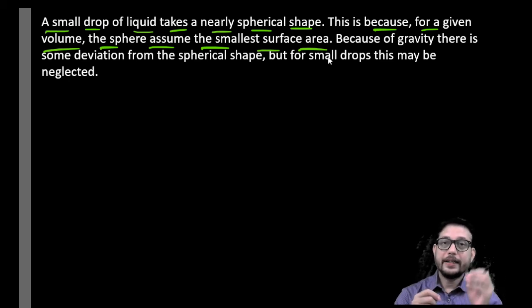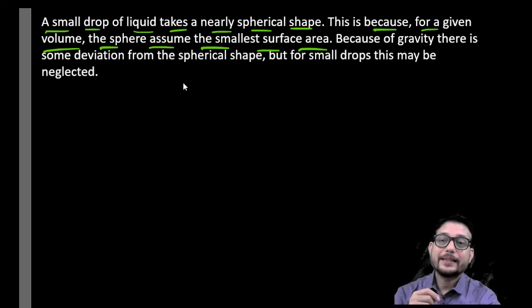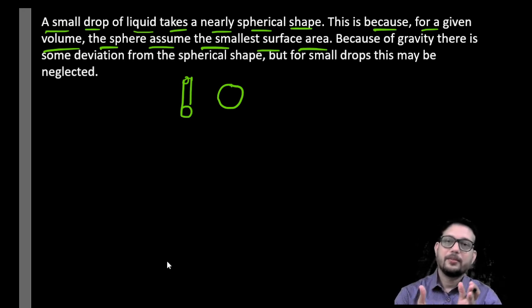Okay, a raindrop is not like a cylinder. This is not the shape of the raindrop, but the drop is spherical. It is because it tries to decrease its surface area, and the shape with the minimum surface area in 3D is the sphere. So it suddenly takes the shape of a sphere, not a cylinder, not a cone.